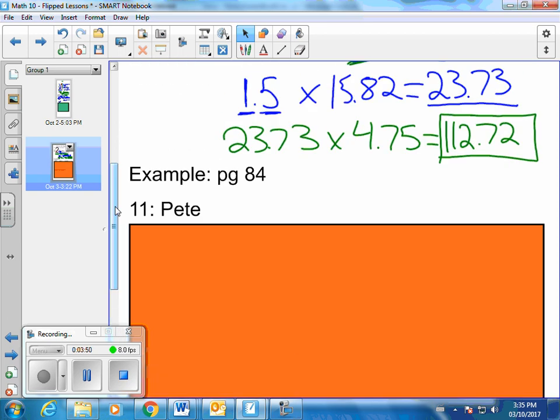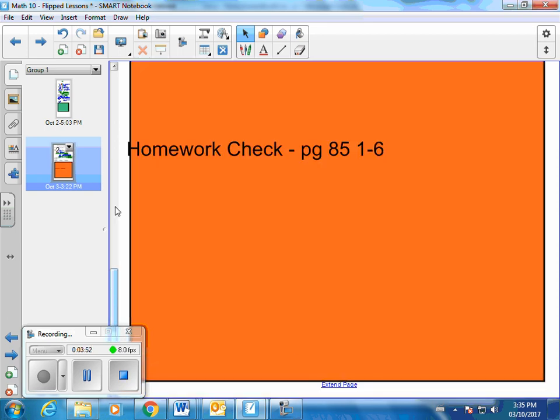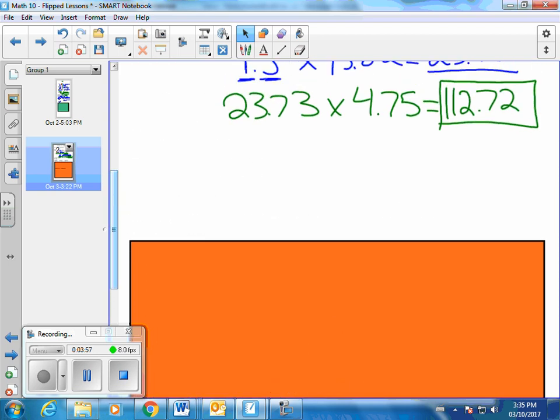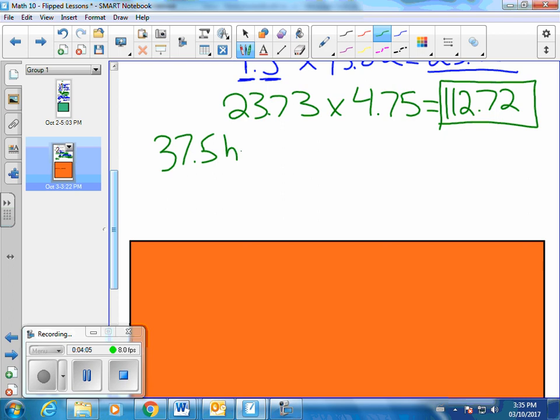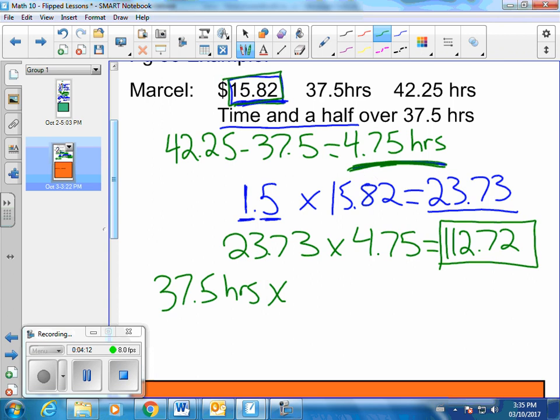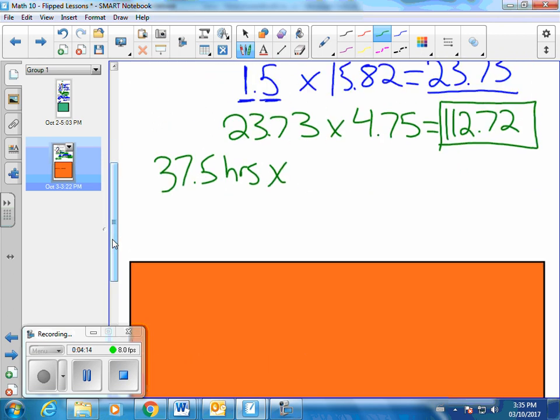So we're going to pull this down and get out of the way. I know that that's his overtime pay, but what about the 37.5 hours of regular pay? Well, we're going to multiply those by his regular wage, and we know that he winds up with